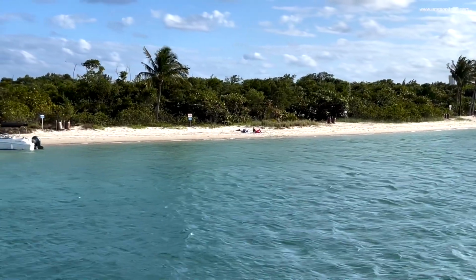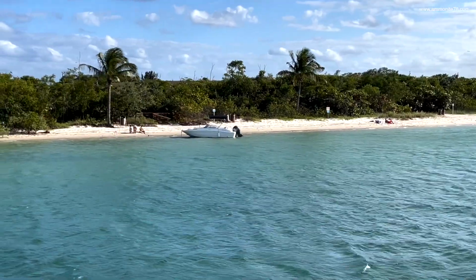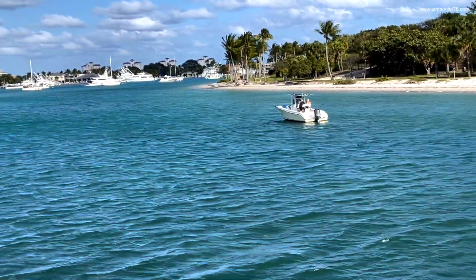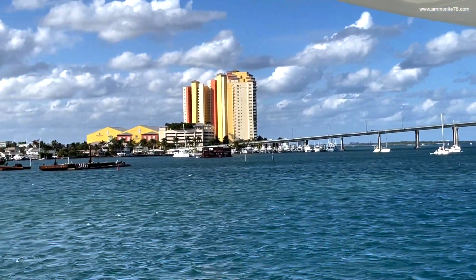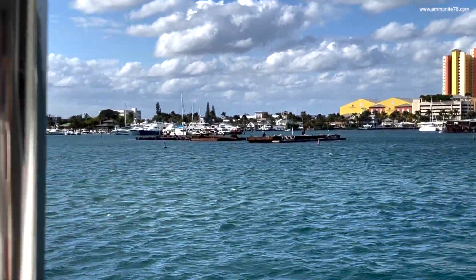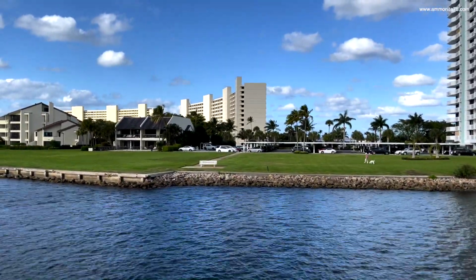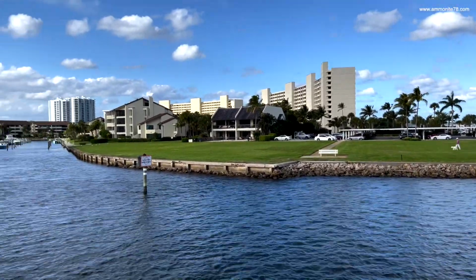And some people on Peanut Island sunbathing and swimming a little. And now we are heading to Loggerhead Marina. It will be about 9 miles up the Intercoastal. Oh, here behind those houses I have my old marina, old Port Cove, where I was flying for half a year. Now we are on the way up to Loggerhead,